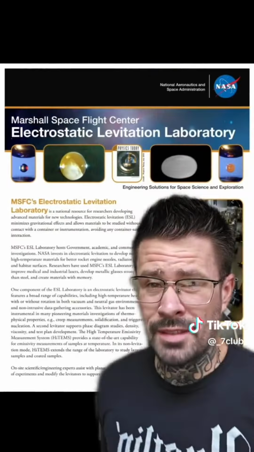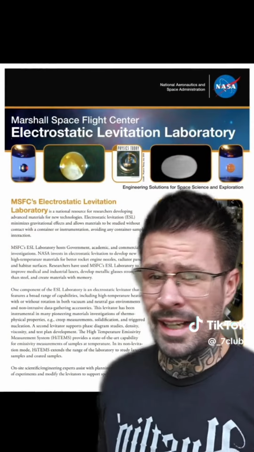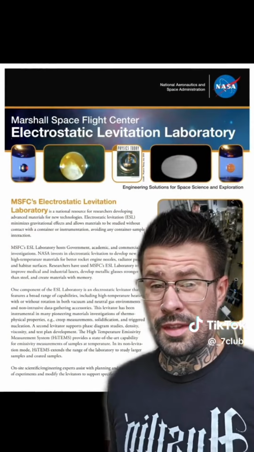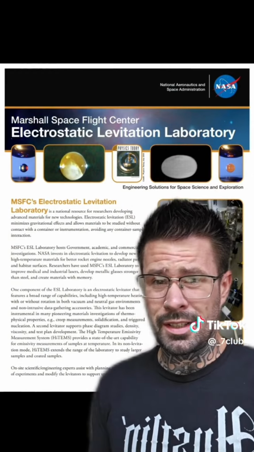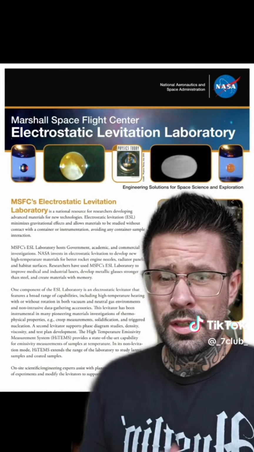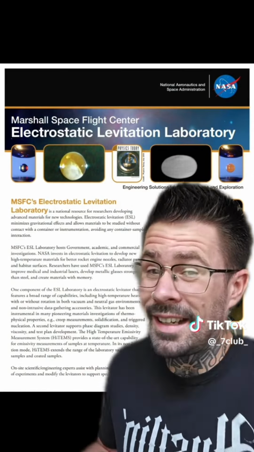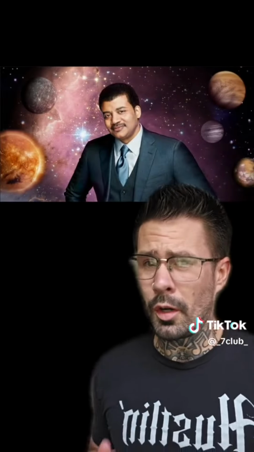Yet the anti-gravitic technologies such as warp drives remain purely theoretical because you cannot isolate this space-time to unbend and unwarp it to defy gravity in its current model of the theory of relativity. Yet we have technologies coming out of the electrostatic levitation laboratory that show this anti-gravitic technology being used using electromagnetism. Once again, they say we don't know what gravity is, we're just going with our best guess.